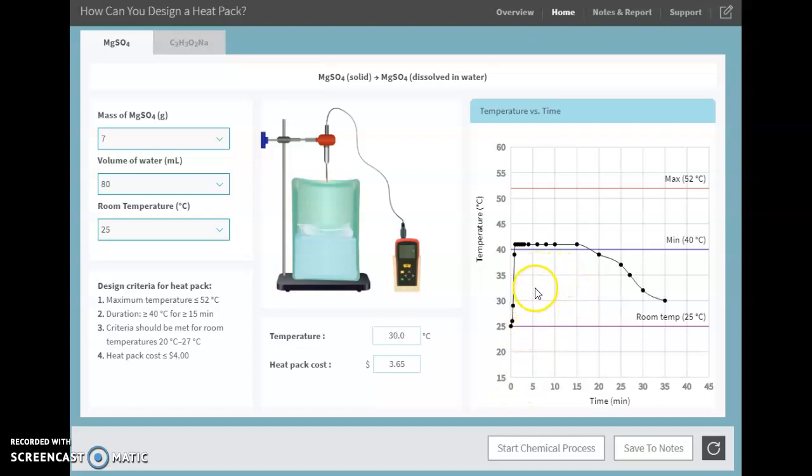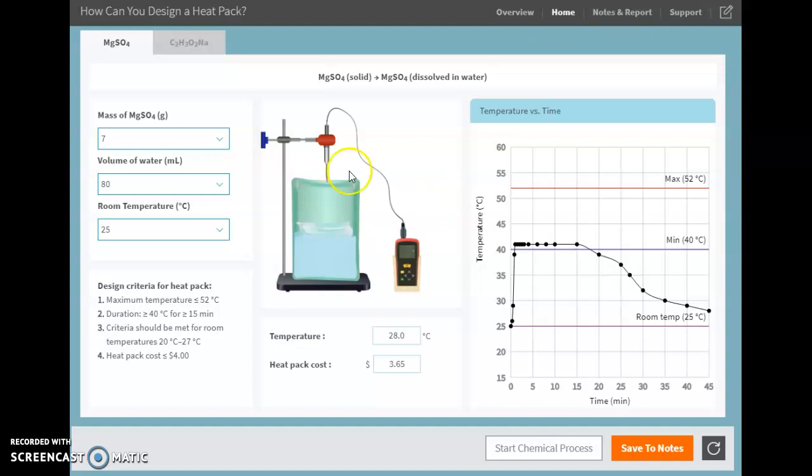And I've gone 5, 10, 15 minutes, but would it be a more than? It wouldn't even be equal to. So you'll have to see that that's a little too short. So I'm going to have to play around with this to try to figure out